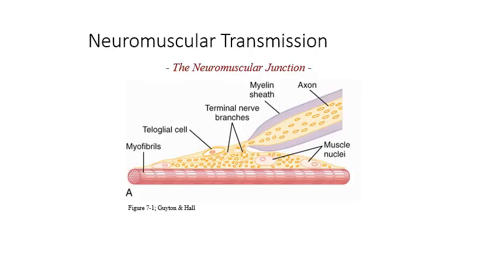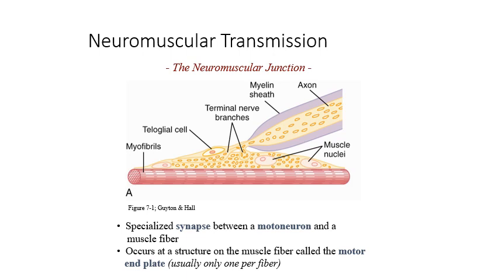So this is again the contraction, the sliding, the interdigitating of the filaments. Now this is a review for you guys, the general mechanism of muscle contraction, how muscle contracts, how it initiates and how execution occurs. The steps occur in sequence. For example, action potential usually arrives at a motor end plate. What is a motor end plate? You must know. A synapse between a motor neuron and a muscle fiber. This is called a motor end plate, and usually it is one per fiber.